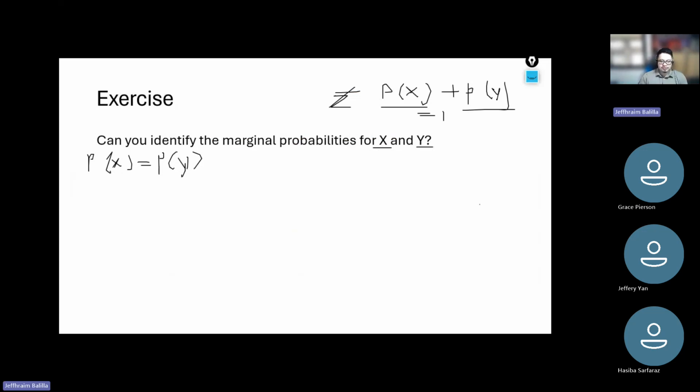Okay, let me provide you the answer. I'll be providing the answer in a generic form and then proceed to the specific value. So we know that the event space for X